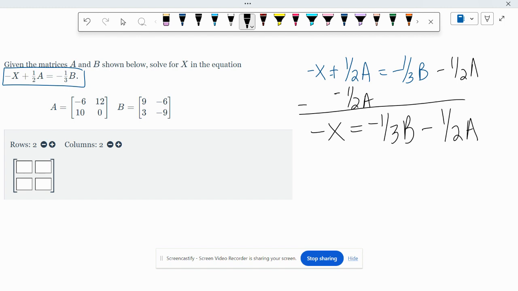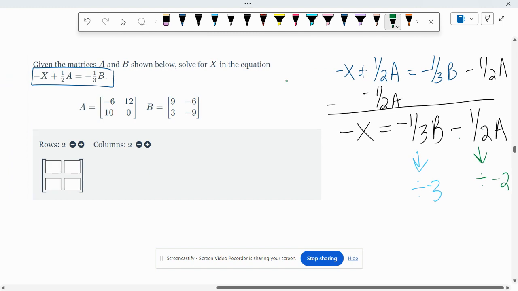So now we're going to look at our matrices. Multiplying by a third is the same thing as dividing by 3, and it's negative. So we're going to divide the B matrix by negative 3. Multiplying by a negative 1/2 is the same thing as dividing by a negative 2. So we're going to take everything in the A matrix and divide it by negative 2. So let's do this